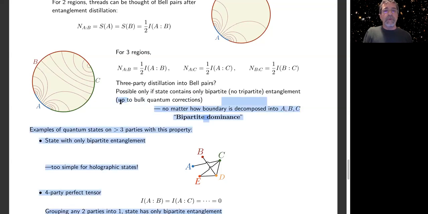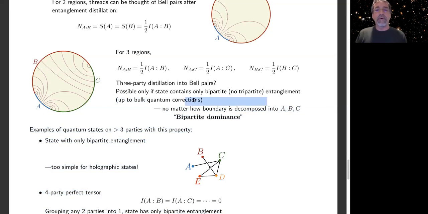Up to bulk quantum corrections. So, okay, I can't get it to select what I wanted to select, but that's okay. Up to bulk quantum corrections. So,